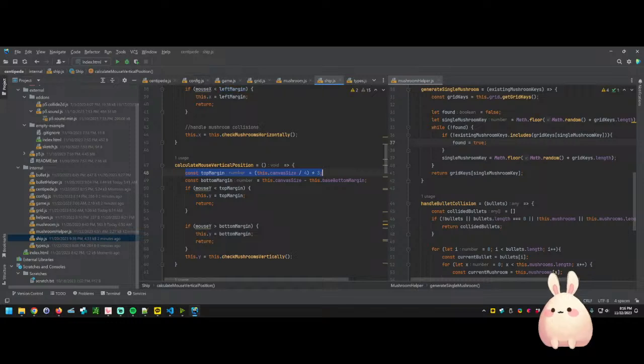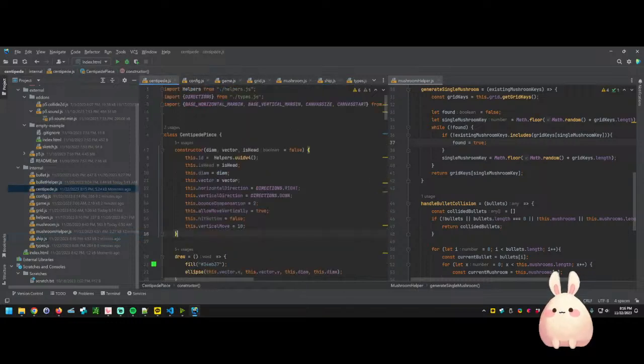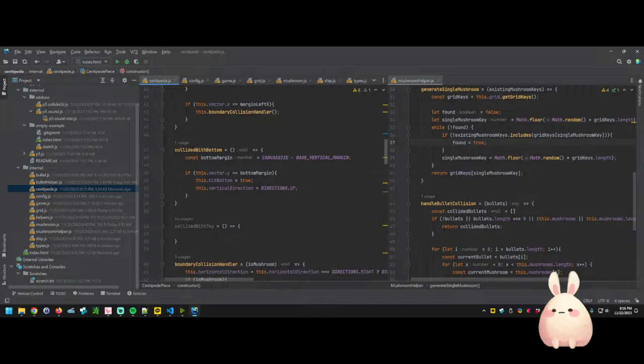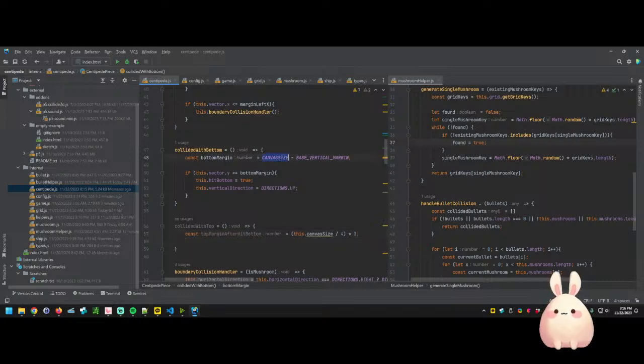So we'll use that same calculation here in Centipede. So const top margin after hit bottom is going to be equal to canvas size divided by 4, 3, and we're going to say